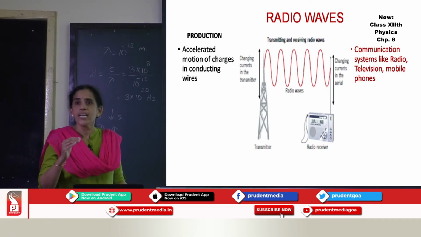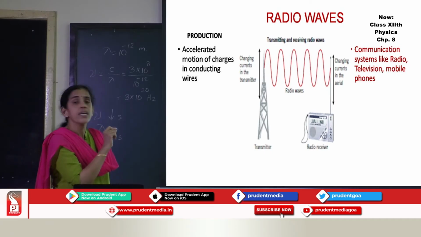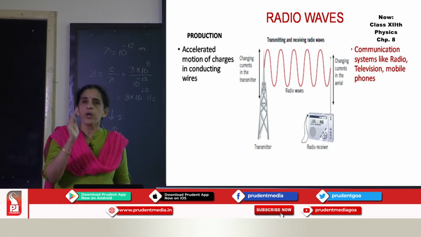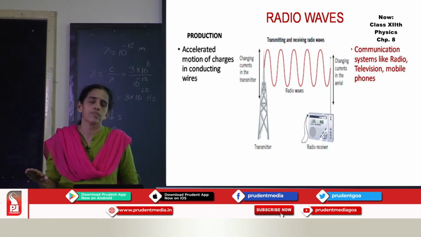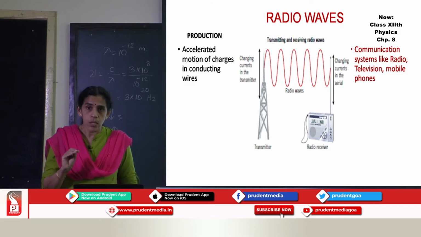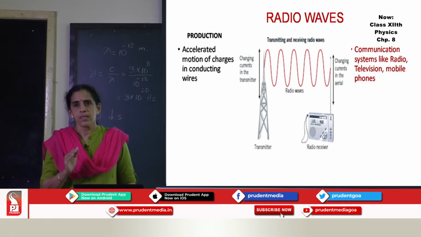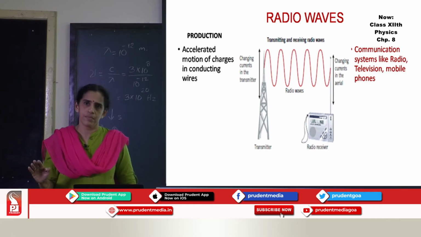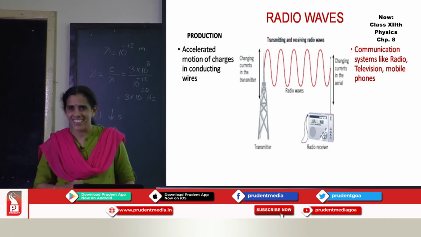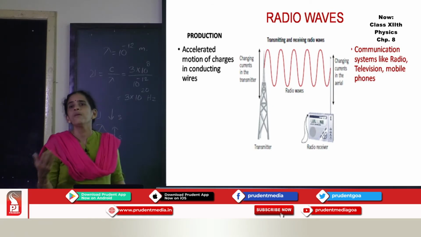Just now I discussed article 8.3 from the NCERT textbook. This is article 8.4. It is the production and uses of all the electromagnetic waves. And what you should do, each and every line of this topic from the textbook you must know. It's only 2 pages. So read and read and read and be thorough with it. So many questions will come based on them. And whatever is there in the textbook, that only I have written here. I have not gone beyond.